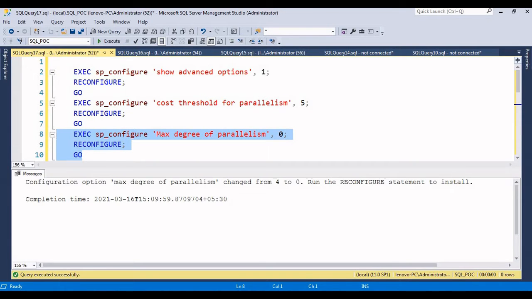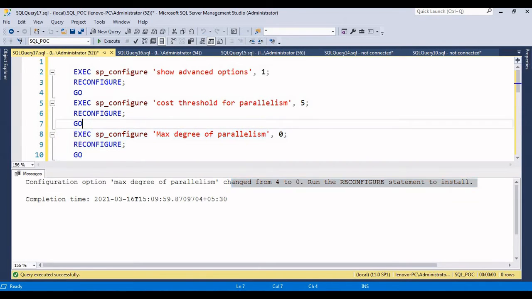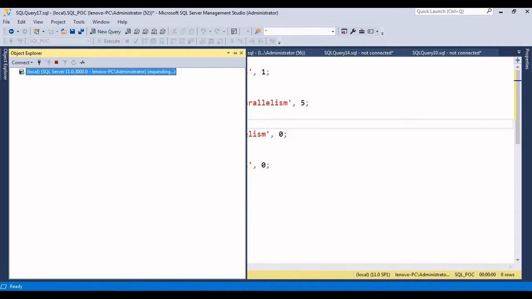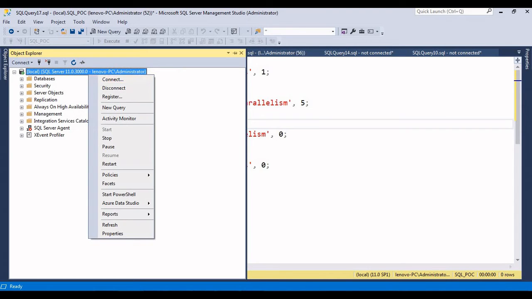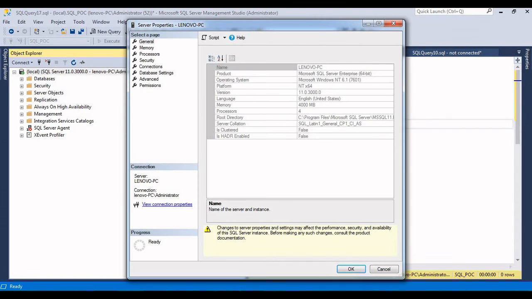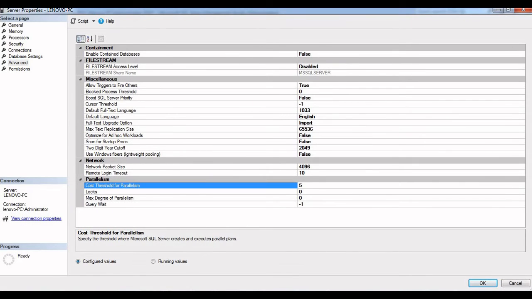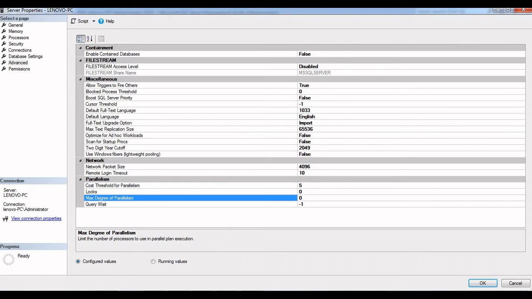Now it has been changed from 4 to 0, right? Same thing we'll verify from the UI also, so that we get more understanding whether the changes are reflecting or not. Right click, properties, advanced, and here under parallelism we can see cost threshold for parallelism 5 and max degree of parallelism 0, right?